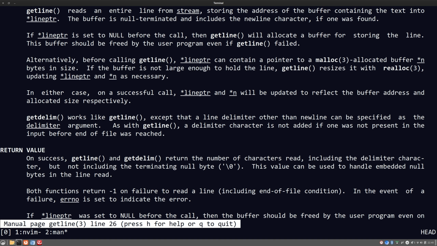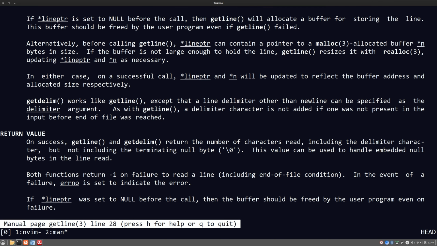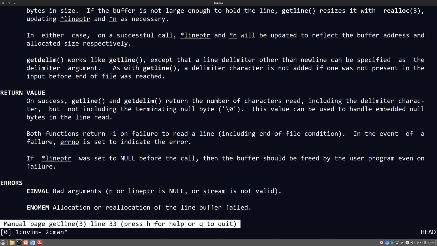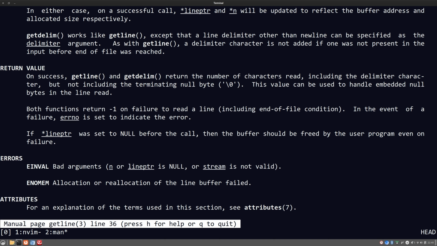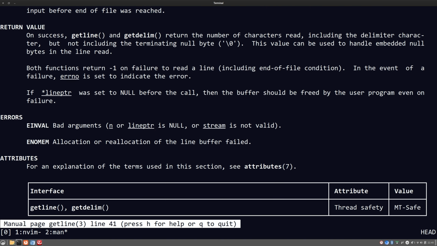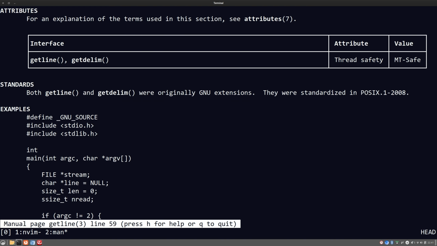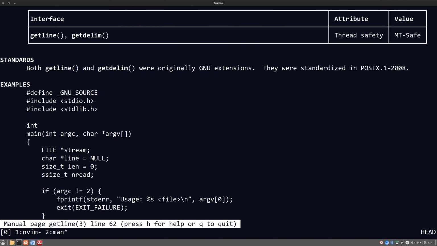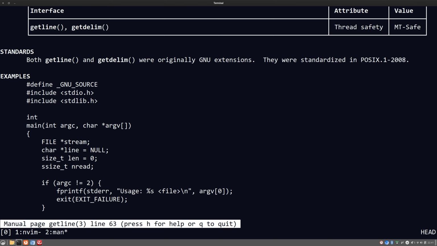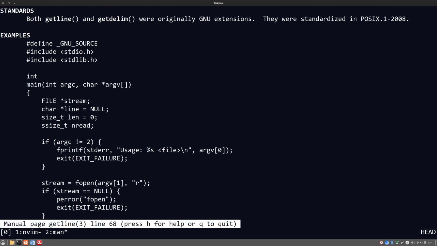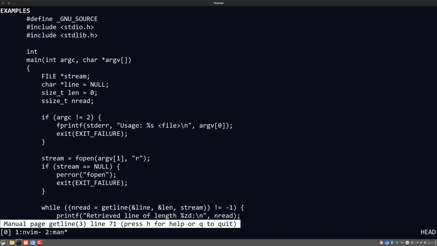Both functions return -1 on failure to read a line, including end of file condition. In the event of a failure, errno is set to indicate the error. The line pointer was set to null, okay, but arguments line pointer is null or stream is not valid. Okay. Examples: FILE stream, char line is null, size_t length, and read. Okay, so apparently,